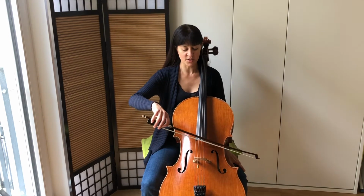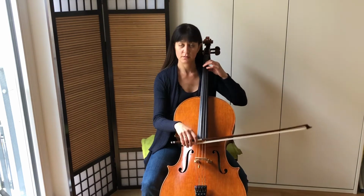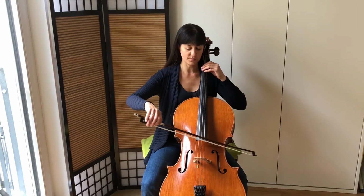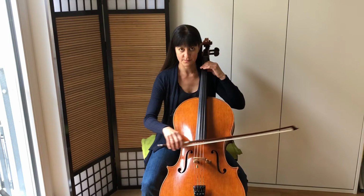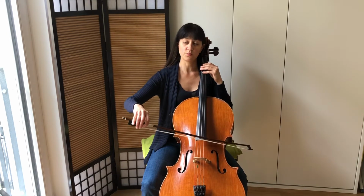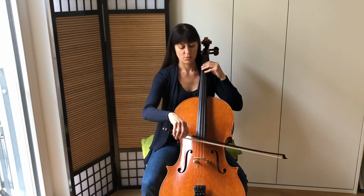Let's talk about how to do the string crossings in time, so that you don't have to lose time between the A string and the G string. All right, because I see that what you're doing is really good. You're coming to the G string, you're relaxing, and then you sink into the string, and then you play. So that's great. What you can do more effortlessly is to do the string changes, the string crossings, without actually